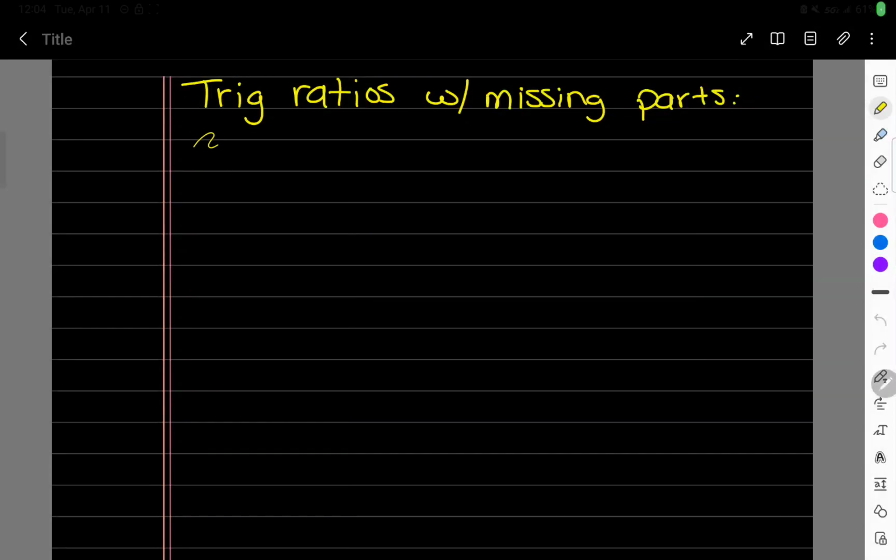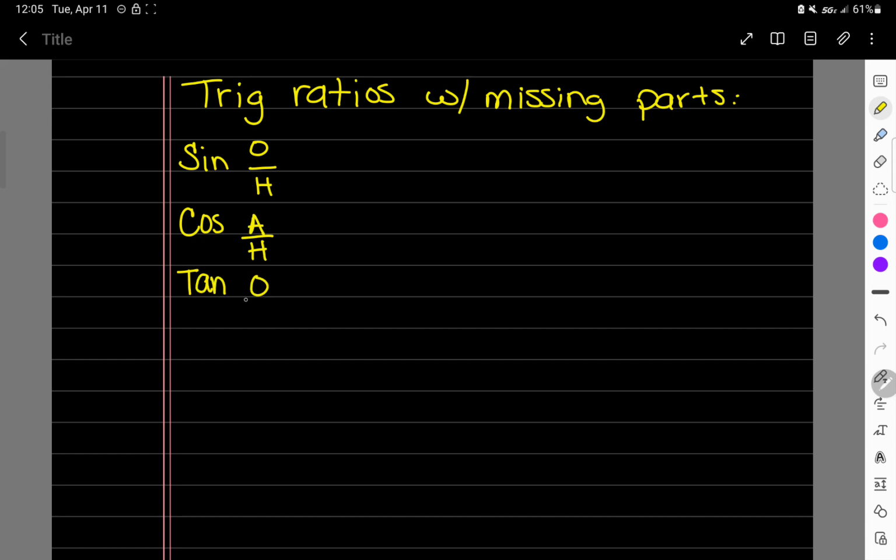Off of trigonometric ratios, we have some triangles that will be missing parts. So we will solve those and then go on to our ratios. So, and then the opposites,